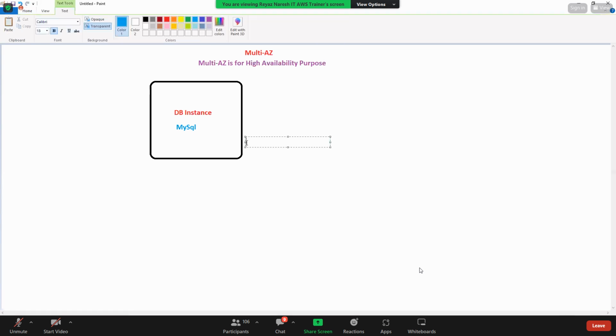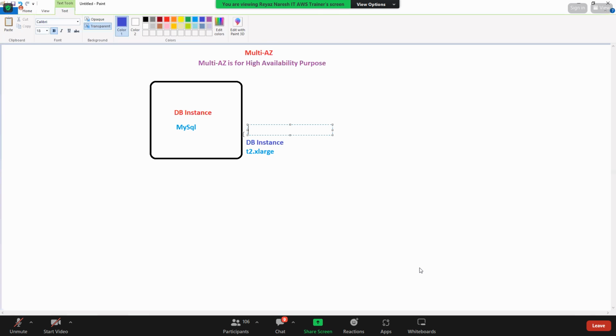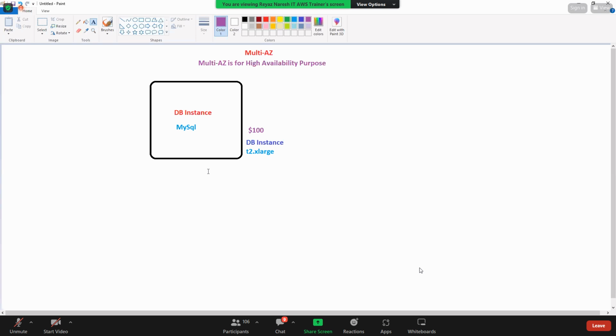Let's say I have selected T2 X large, and it is charging $100, for example. Remember, in RDS also you have a DB instance type, similar to EC2.